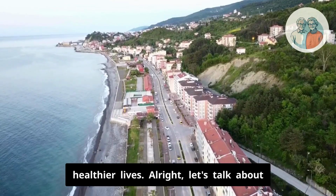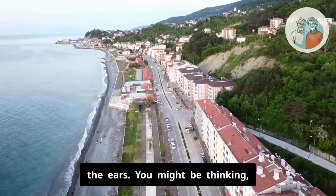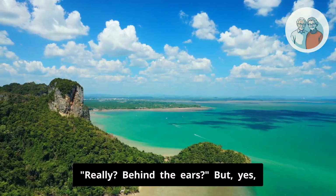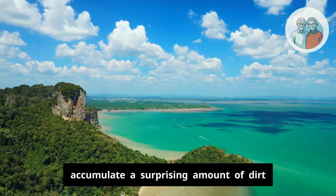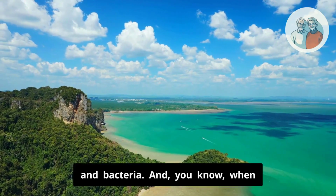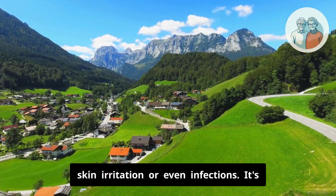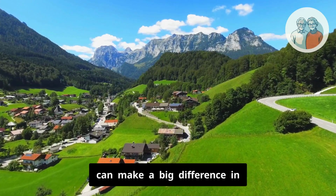All right, let's talk about a spot that often gets overlooked: behind the ears. You might be thinking, really? Behind the ears? But yes, it's true. This area can actually accumulate a surprising amount of dirt and bacteria. And you know, when that happens, it can lead to skin irritation or even infections. It's one of those things that we might not think about, but it can make a big difference in our